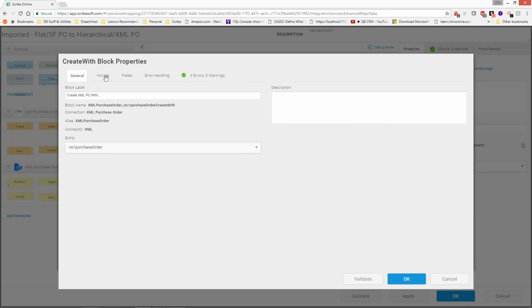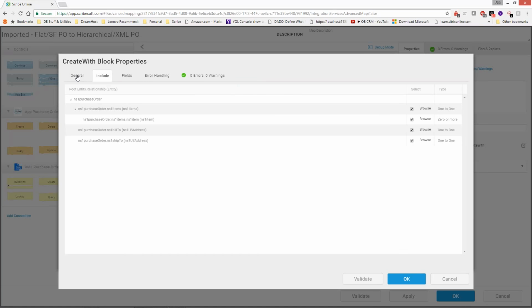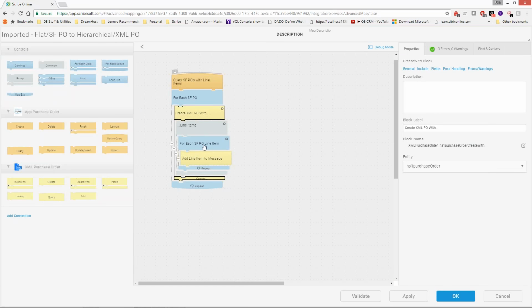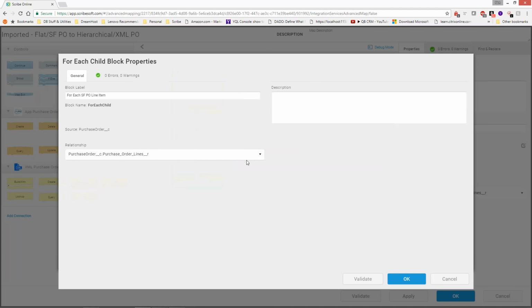sorry, just going back to my create block here, I forgot to go back into the include. Again, you're saying I'm going to create my sales order with these things in it. So there's the sales order. I get access to those fields in this create with block. Then by adding this items underneath, I get access to items when I create a for each. So I go into my for each,